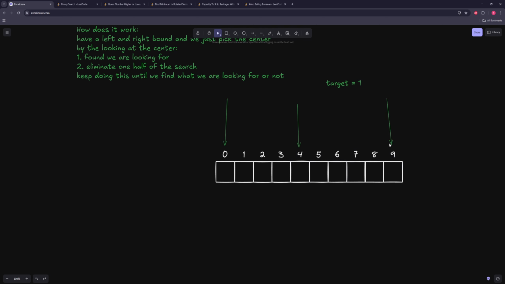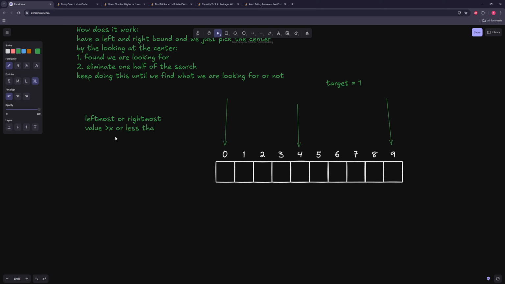That's one example. Another pretty common example is that you'll get the leftmost or rightmost value greater than x or less than x, and so on. Let's show a quick example. Say we have a sorted array again, with some simple values like this. We can't get an exact match, but we can find something. So we're trying to find the leftmost value